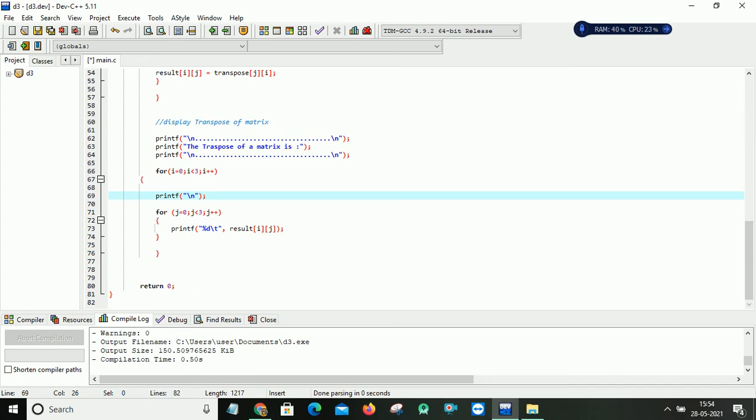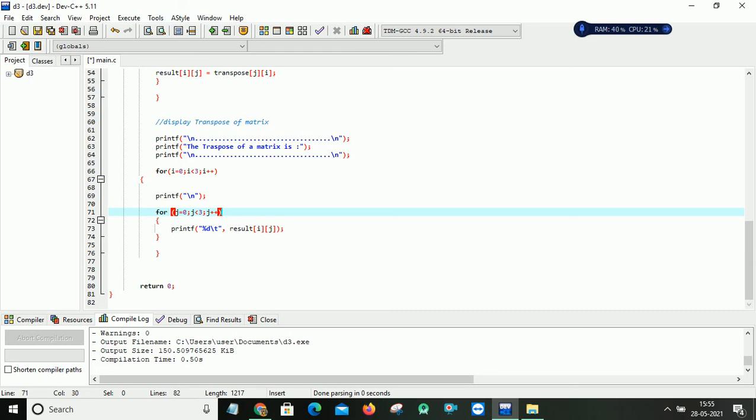Then i increments, because i is 1, it comes inside since 1 is less than 3, the condition is true, and it will take j again as 0. In that way it will take a value from the 1 0 position. After that j increments, so it will get the 1 1 position, the 1 2 position also, and after that j increments, it becomes 3, 3 less than 3, the condition failed.